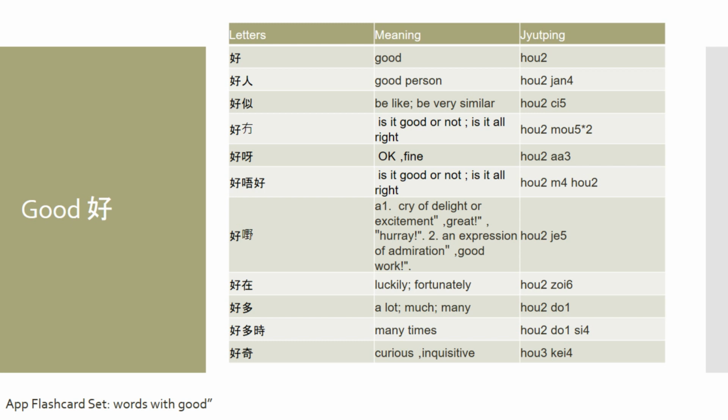Now, lastly, if I want to say curious in Cantonese, then I could say 好奇，好奇. For example, if I want to say I am very curious, then I could say 我好好奇. Here you can see there are two 好 in this sentence, and the first one means very in this case, and then 好奇 is another word for curious. So 我好好奇 means I am very curious.